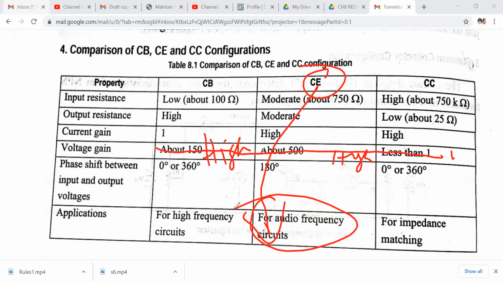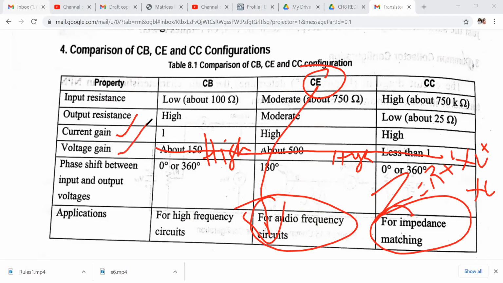Impedance, in the sense, what is impedance? Z is resistance plus inductor plus capacitor. There is R plus XL minus XC, the whole square. But I am not representing that. I am just putting R plus XL plus XC, just to know what is impedance. Current gain, voltage gain, that's it. Phase shift: this one is only rotated 180 degrees, but the others are all 360 degree rotation. Clear or not? So these things you have to study.